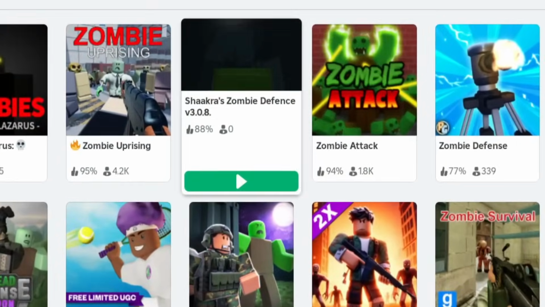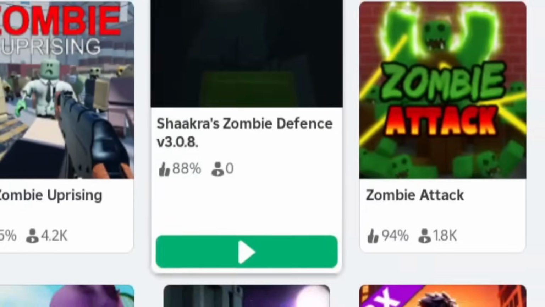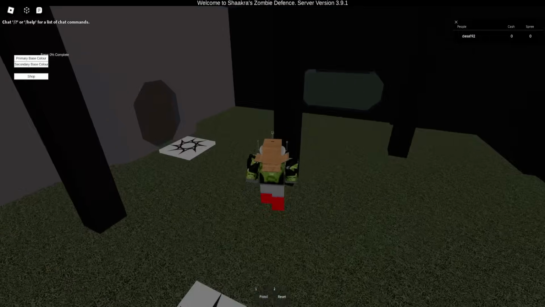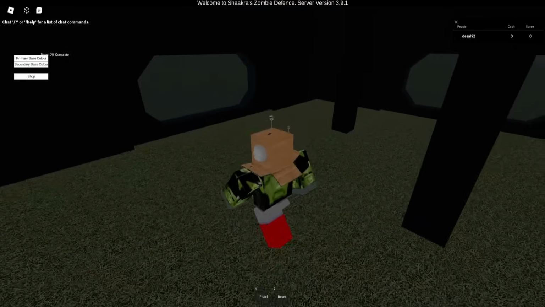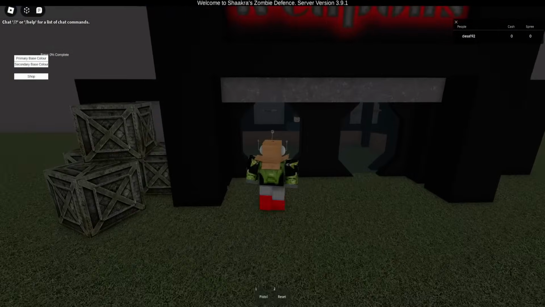This one's from my childhood. Shaakra's Zombie Defense, which sadly has 0 players now, and perhaps I'm also looking back at this with nostalgia goggles because it probably isn't as good as I thought it was. On this one though, you spawn in some bunker near a volcano. The map has a few of these bunkers at each of the corners with a weapon shop where you can